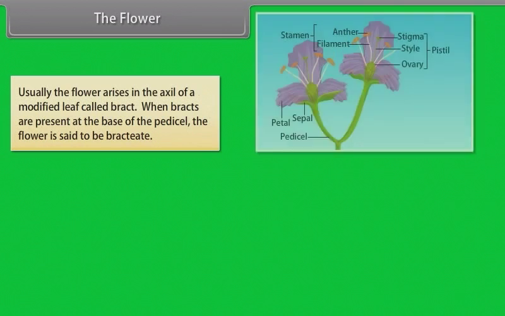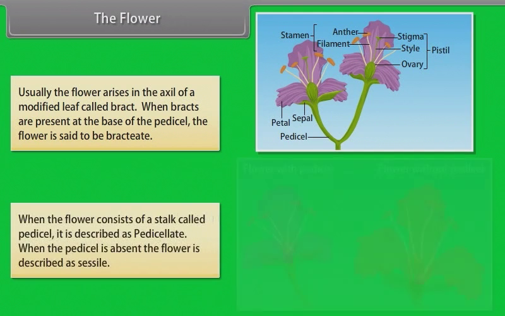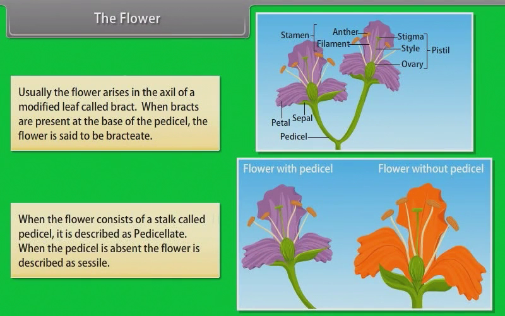Usually the flower arises in the axil of a modified leaf called bract. When bracts are present at the base of the pedicel, the flower is said to be bracteate. When the flower consists of a stalk called pedicel, it is described as pedicellate. When the pedicel is absent, the flower is described as